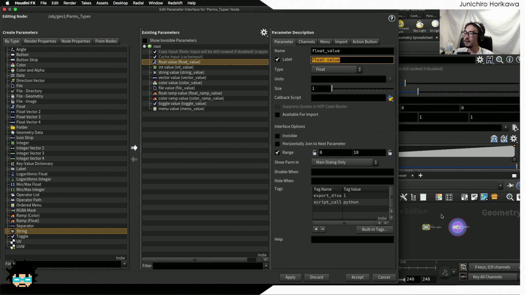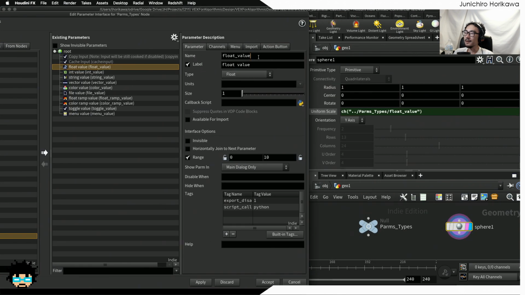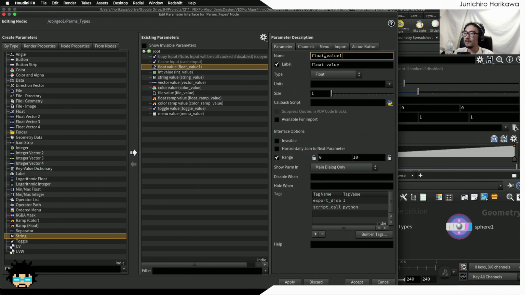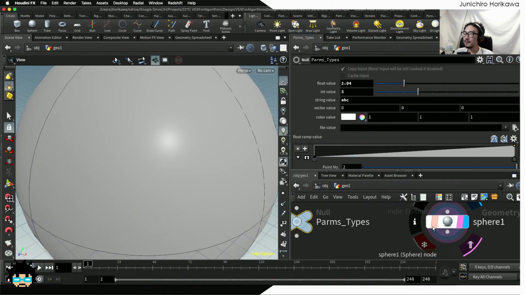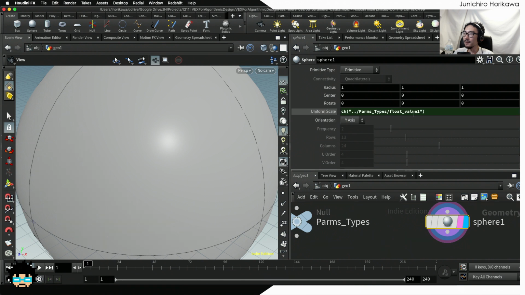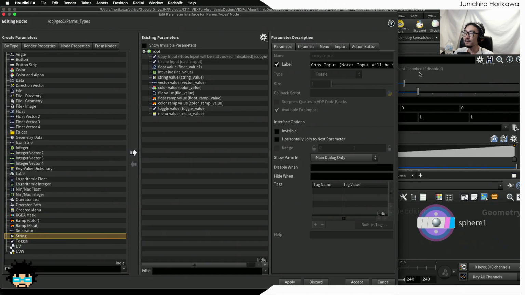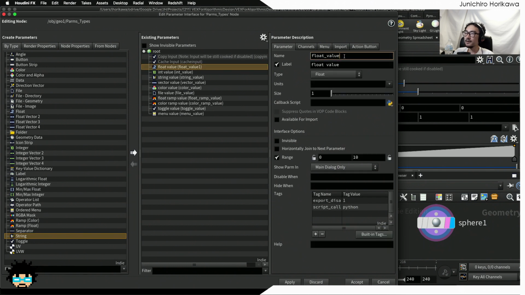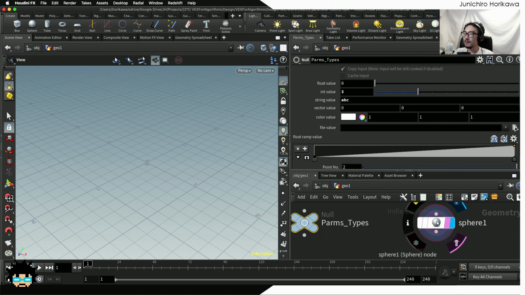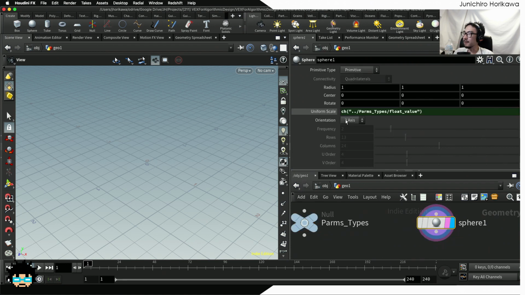parameter window, but actually in order to create a reference, in order to create a link between two parameters, what you often use is this name value, which is the equivalent to an ID of the parameter. So whenever you have changed your name to, like, float value 1, apply. Then if you go back to the sphere and check the uniform scale, the name value has been changed likewise. Okay, now let's go back again and change it back to a float value. All right. So this is the simplest way to link two parameters